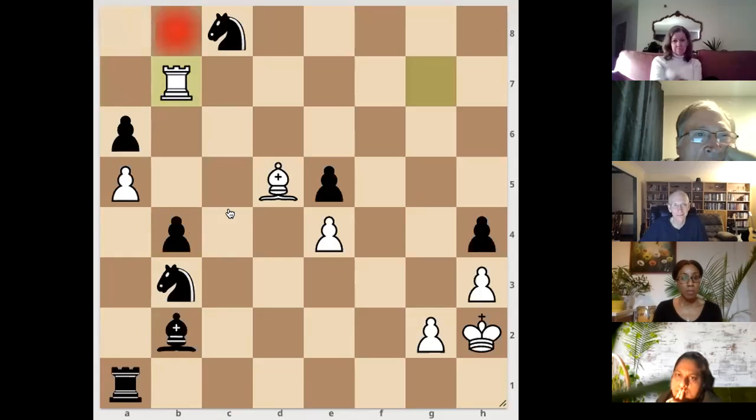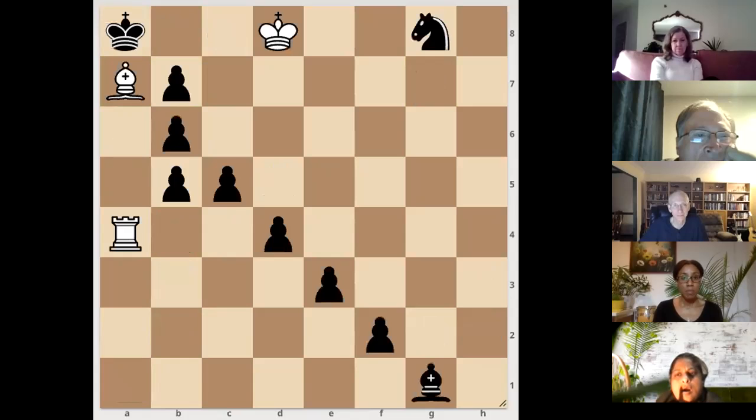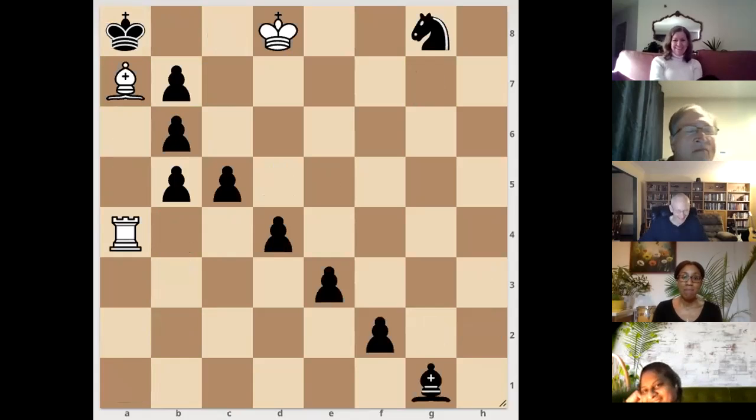All right, so let's look at a nice puzzle. Now, I'm sure if I tell you the goal of this puzzle, you're going to get it immediately. Windmill, this is mate in 13 moves. Everybody got that? Mate in 13 moves. But surprisingly, this looks very complicated, but the solution is very intuitive and simple when you